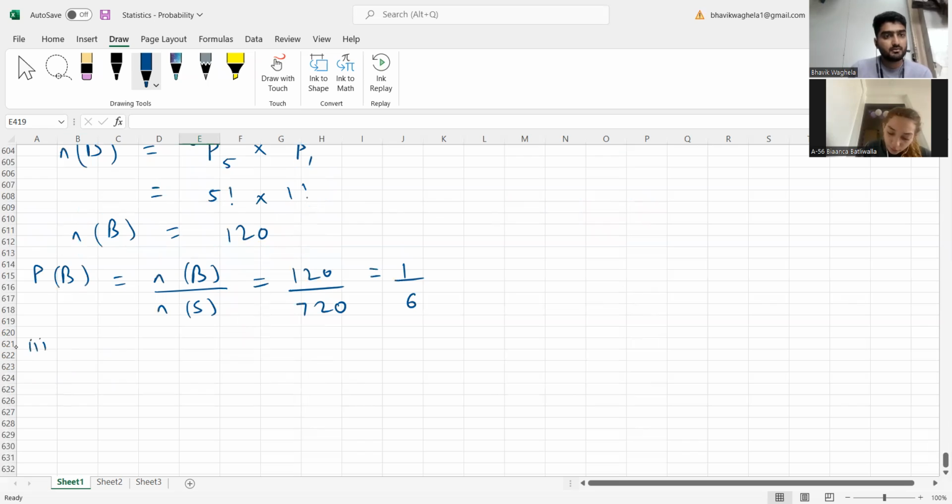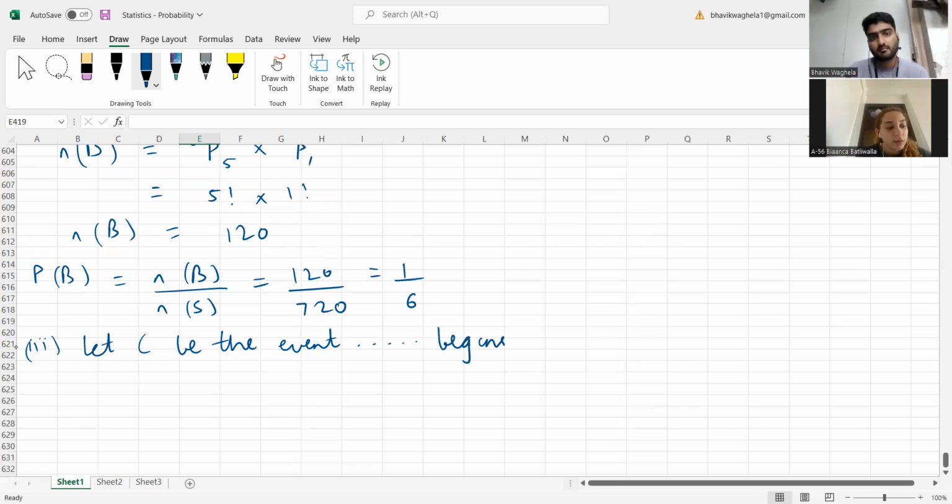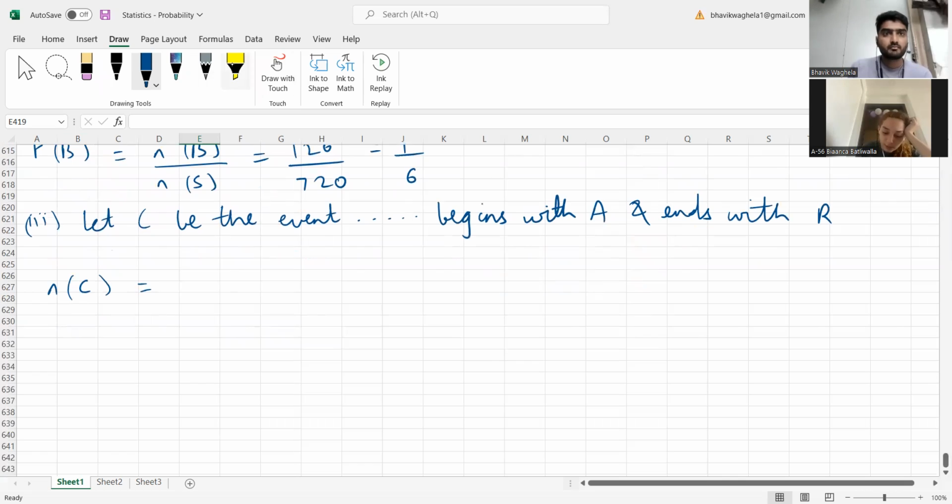So third part. Let's see. What is it asking us? Begins with A and ends with R. Help me out. Begins with A is 1P1. Ends with R again, 1P1. So 1P1 multiplied by something multiplied by 1P1. Correct? Now,